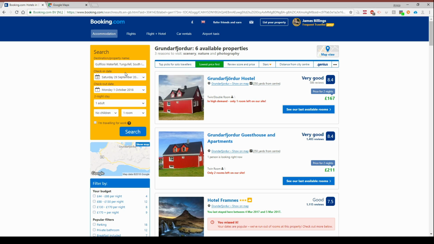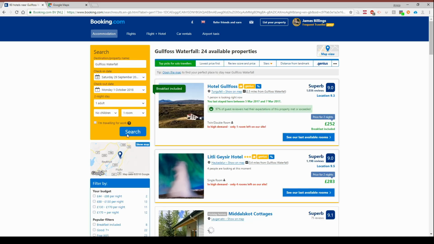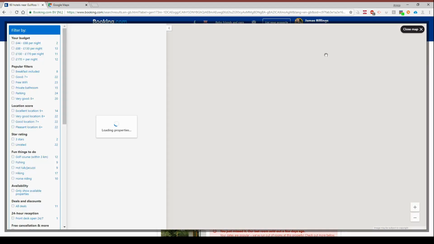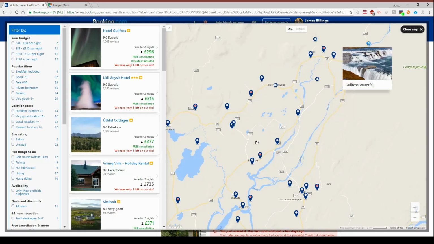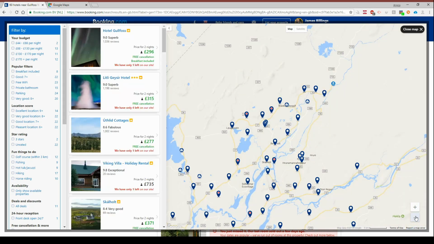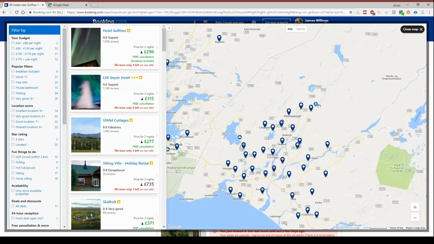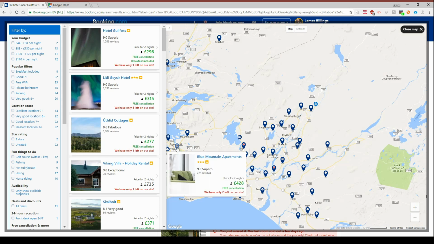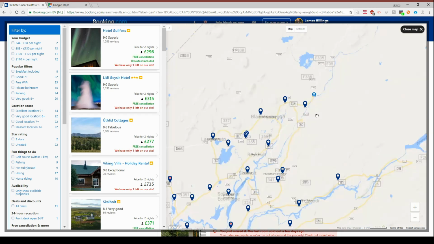And let's pick the same dates just for the ease of planning. And again, if we do map view, we can jump straight to it at the top here. You'll see the stuff scattered all over, and if we zoom out a little bit, you'll see we're covering a huge area, and the search results is actually including stuff back out in Reykjavik. If we literally just wanted stuff as close as possible to the waterfall,